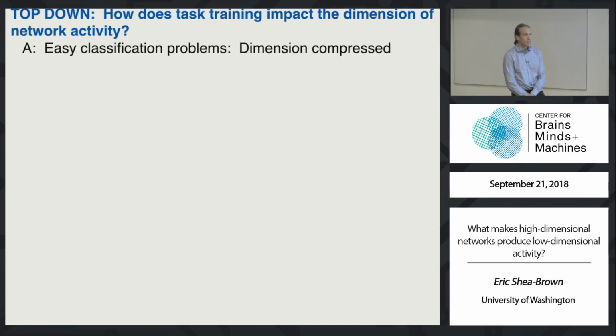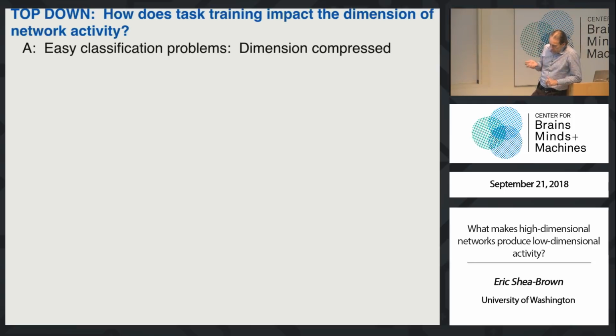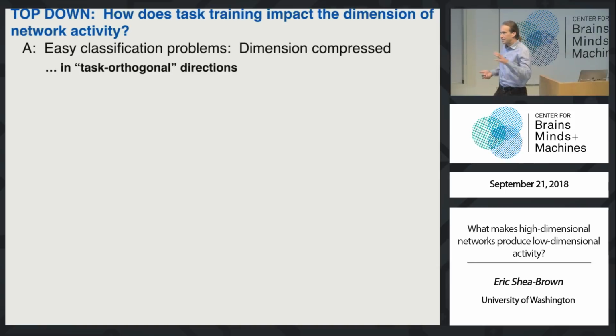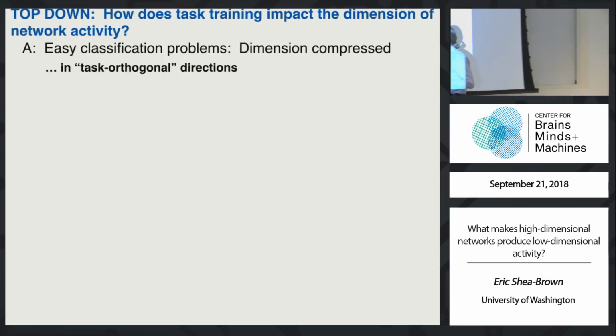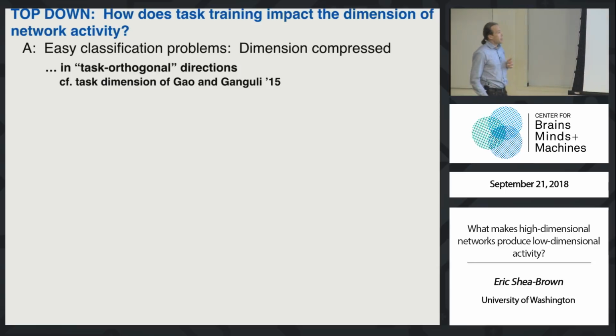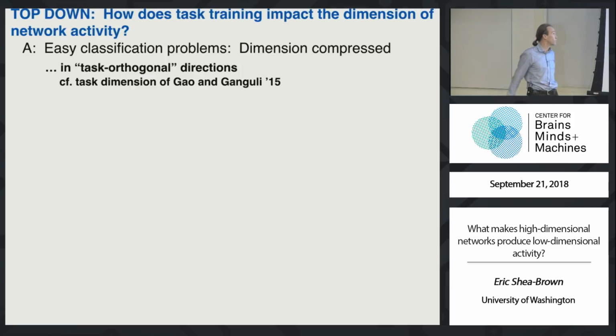All we said is one thing, which is for classification problems, for which you wouldn't expect that the network has to do anything in order to solve the task. Instead, gradient descent and recurrent dynamics, or at least network multiplication style dynamics of weights, seem to lead to strong compression of dimensions. This doesn't randomly happen. This happens in the directions that are orthogonal to R, so they're orthogonal to the directions in which the task is being read out. This is a complementary viewpoint on dimension to that in a really beautiful paper, I suggest it, by Gao and Ganguly, who study the task dimensionality. That would be dimensionality of representation in the direction of R.